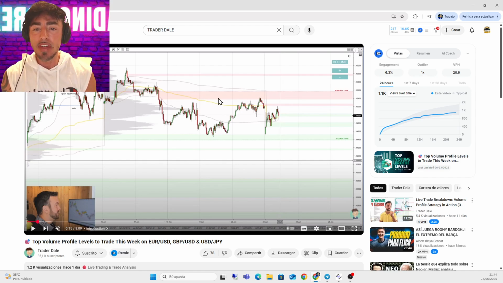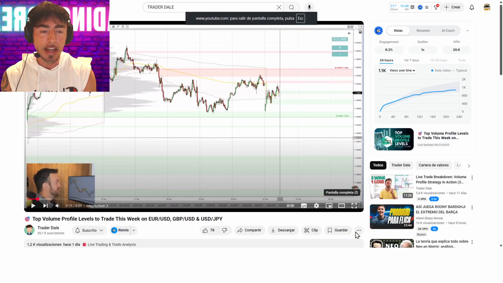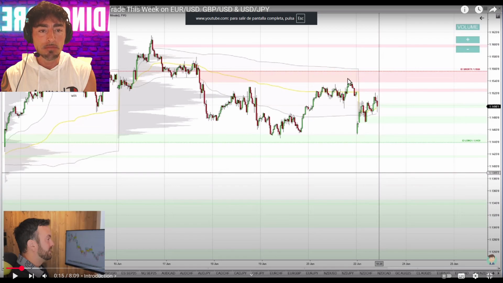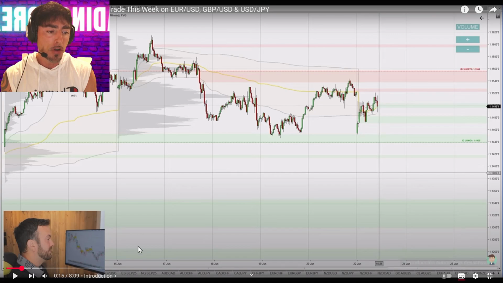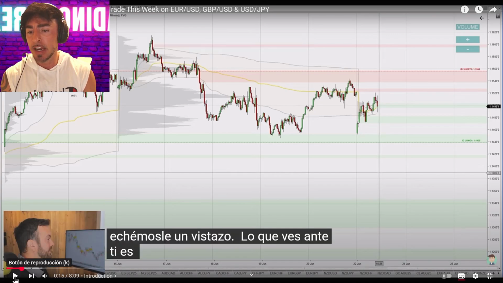Y vamos a ver cómo hace un análisis semanal y qué es lo que espera del precio según estos indicadores, que yo ya digo que desde mi punto de vista creo que tienen bastante utilidad, no como para basar absolutamente todo el trading, pero también combinado con la acción del precio. Así que, sin más preámbulos, vamos a poner los subtítulos y vamos a ver qué tiene que decir nuestro Jeffrey